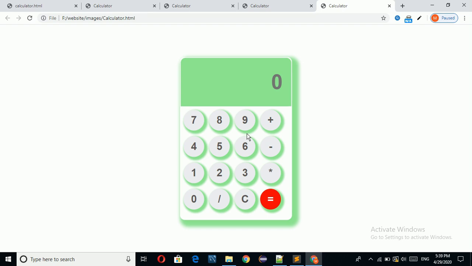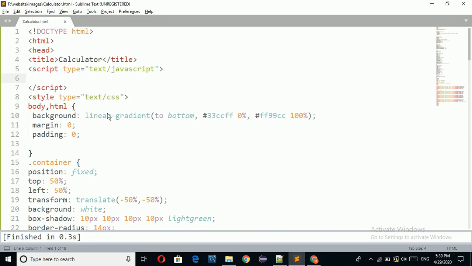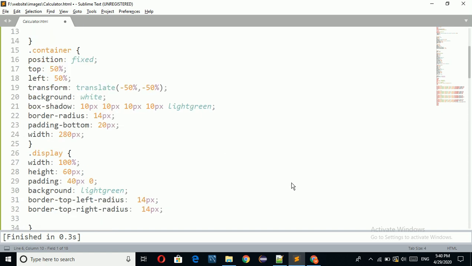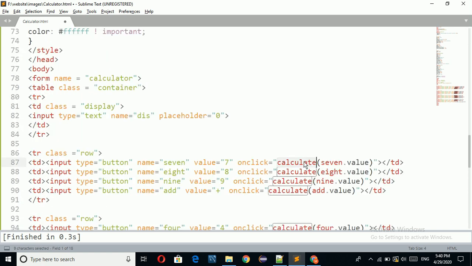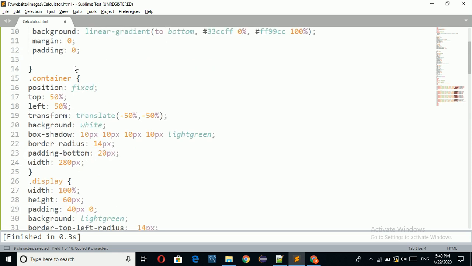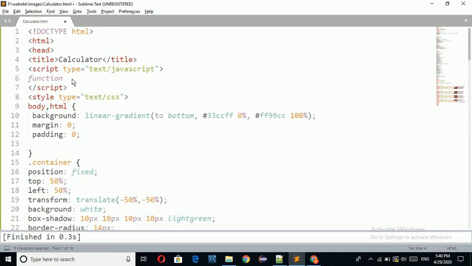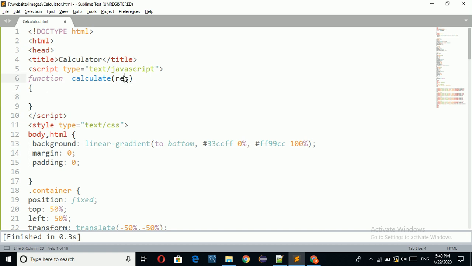Now I am going to create the JavaScript function for these button actions. If you want to write any JavaScript related code, you can go to the script block. In the script block, you can write the JavaScript related things. Just write a function, and here take this function name calculate. We pass the result, taking one parameter, result.